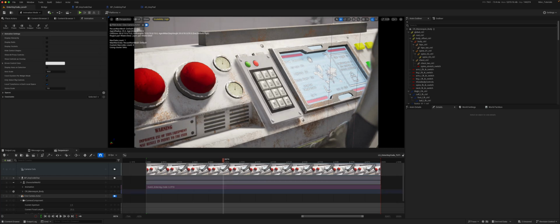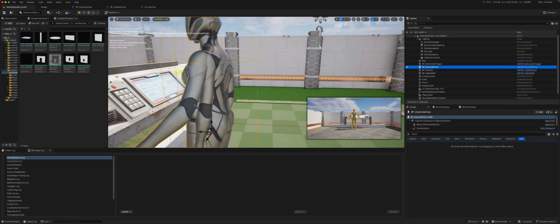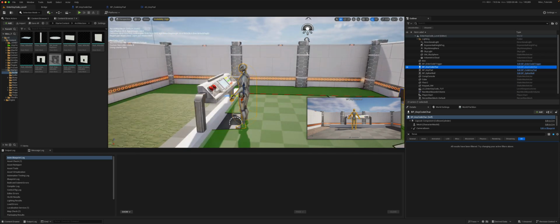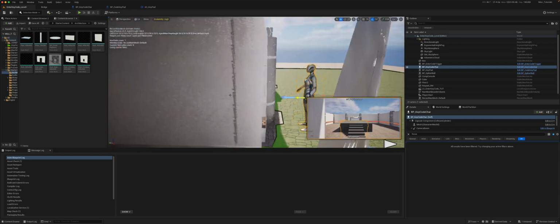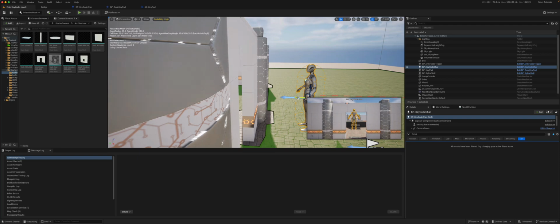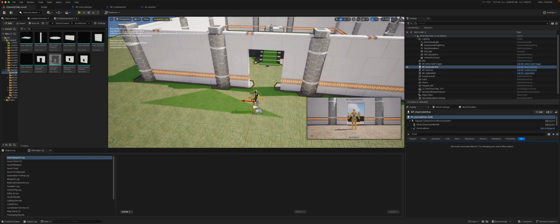You can keep adjusting the position in this animation, but what will happen is our character will move into that position and then this camera cut will play. So if we save that and close it, and if we take our character here and just move him back to the start position, drop him to the ground,